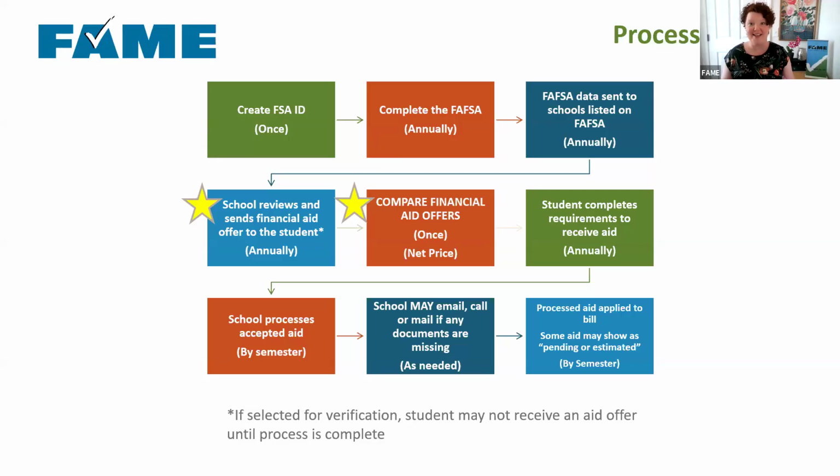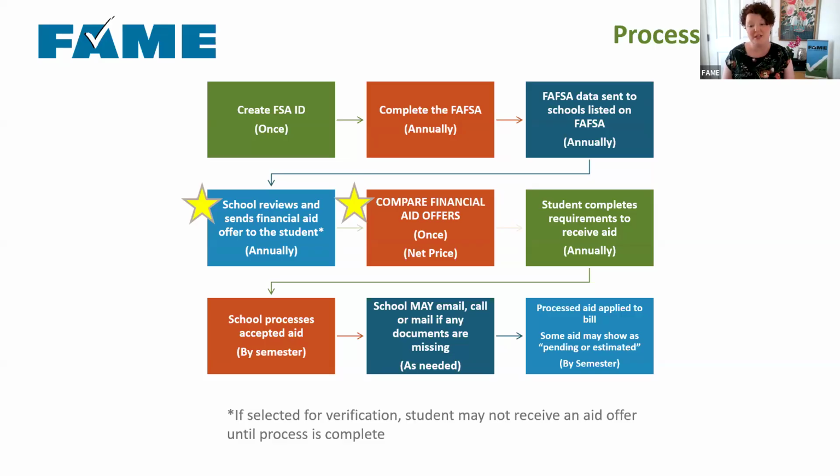After the college has the FAFSA data, the schools are going to review that information. Particularly what they're looking for is that student aid index number, that SAI. That is a measurement of the student and the family's ability to pay for college. It's not necessarily what they're going to pay, but that's kind of what that number looks at. And they're going to start building that financial aid package and send it to the student.